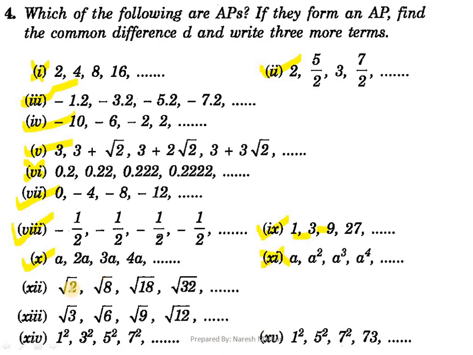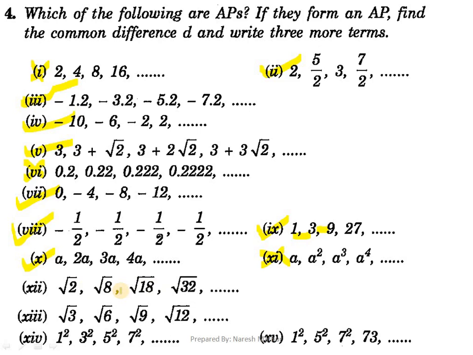Next one, root 2, root 8, root 18, root 32. Now at first view we can say these values are square roots. How can they be similar, or how can they be in AP? Let's just check the values. How can we write root 8 in the simplest form? Root 8 is equal to 2 root 2, because root 8 is root 4 into 2, and root 4 is 2, so we can write root 8 as 2